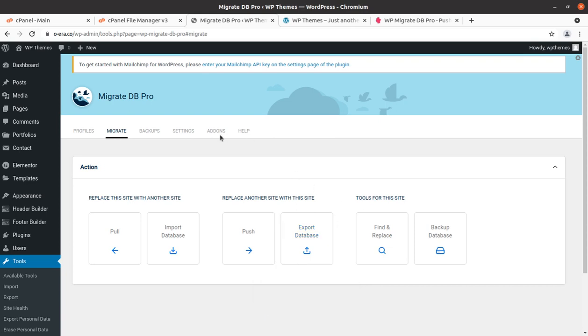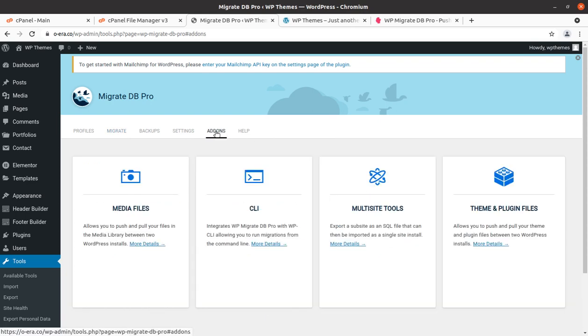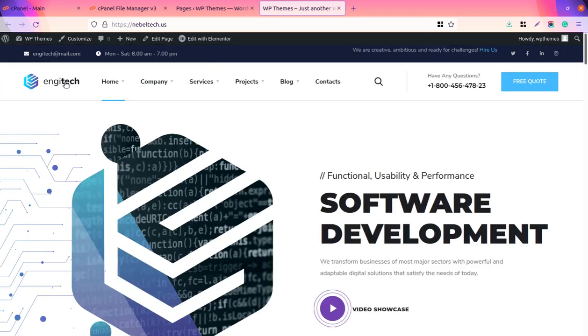And you can get these extensions as well. If you don't want to do this manually as I did in this video, you can have this extension, but I don't think you need this, because the database migration is a very important part, and if the database is migrated successfully, your website will work fine.